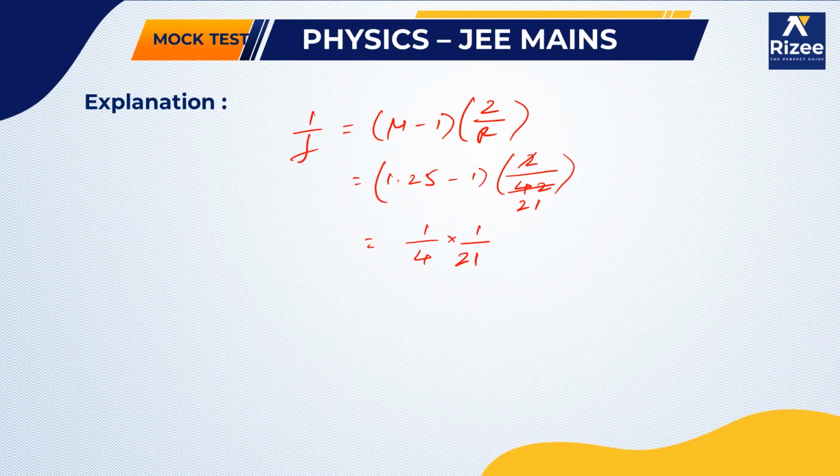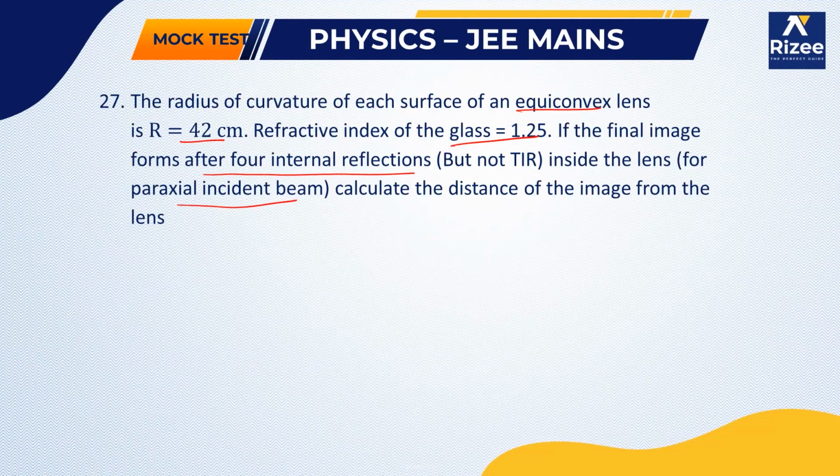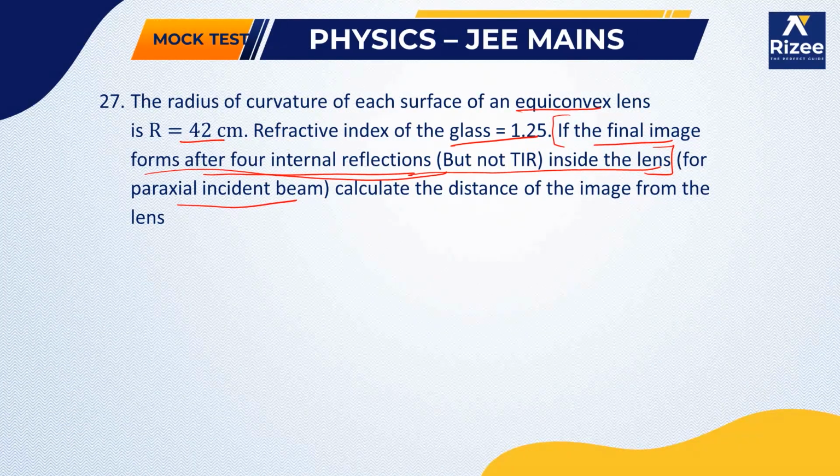Okay, but it is taking the 4 reflections inside that particular case, please. So if I go in the normal procedure, that means we are neglecting the reflecting part that is given in the question. So this particular portion is the main important thing. The final image forms after 4 reflections inside the lens only. What is the meaning of this? 4 reflections means 4 times it is behaving as a mirror.